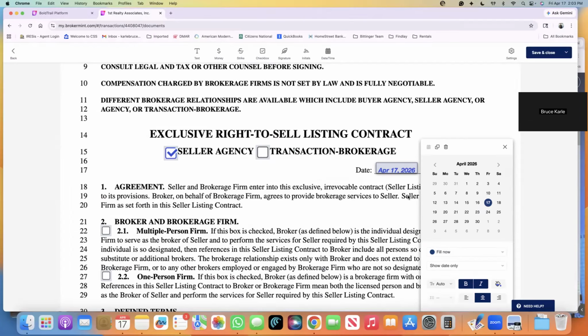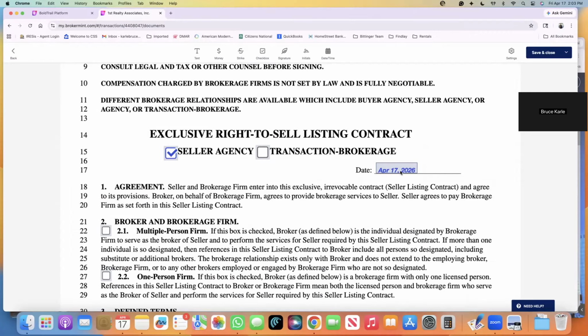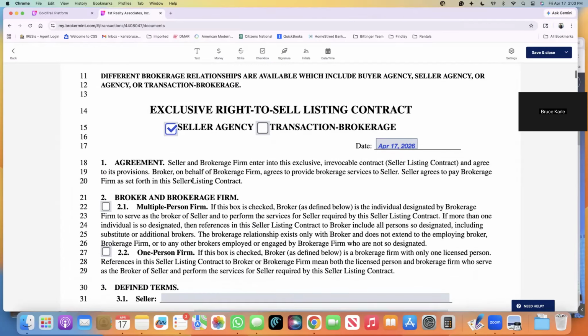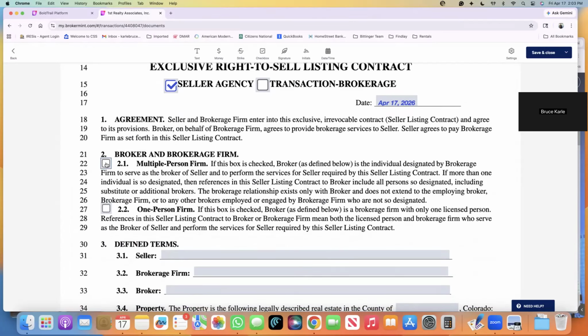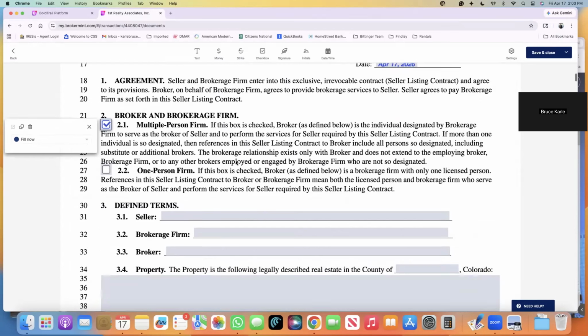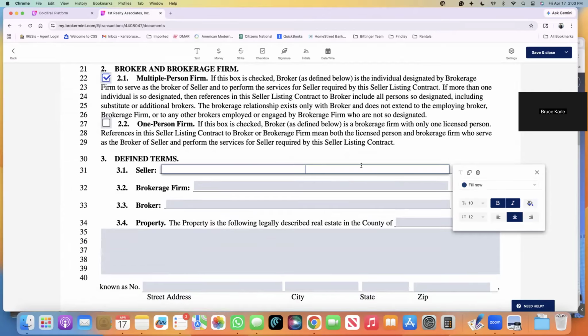It doesn't have to be the date your seller is actually signing. I'm just going to put in today's date, but obviously, if you're working on this, put in a relevant date. We are a multiple person firm, so for First Realty and Associates, we have multiple different licensees, so always select section 2.1. Seller: I know we're using Blake Smith as our example, but for the PDF print off that I want you to have, I absolutely need you to have a template. So I'm going to say, use what is in the